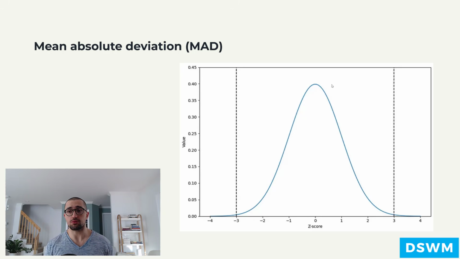Here you can see this normal distribution, and then on the x-axis you have the z-score. So as you can see here, I set a threshold of 3, so anything above 3 or below -3, you could say that those are outliers. Now,